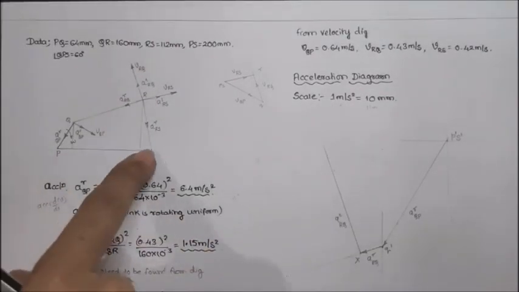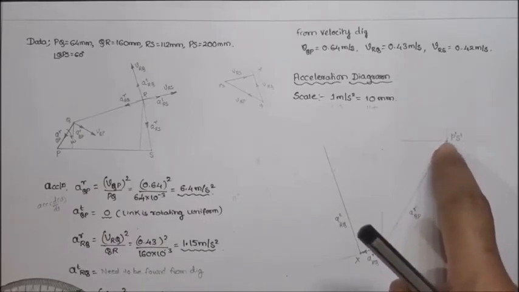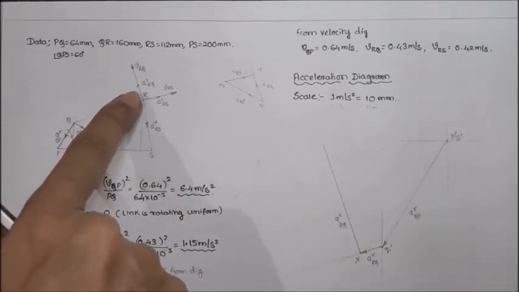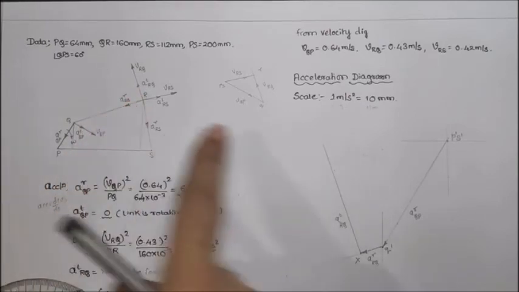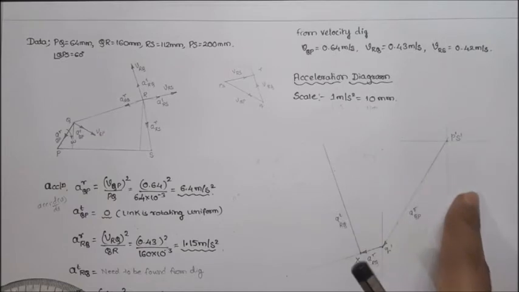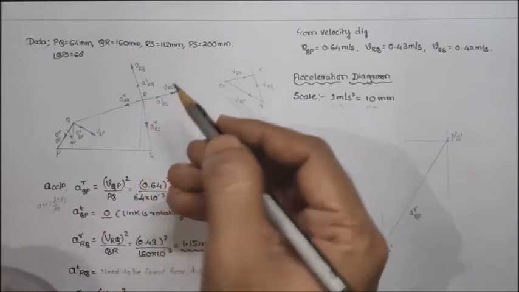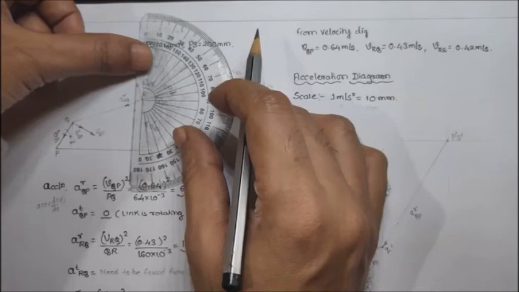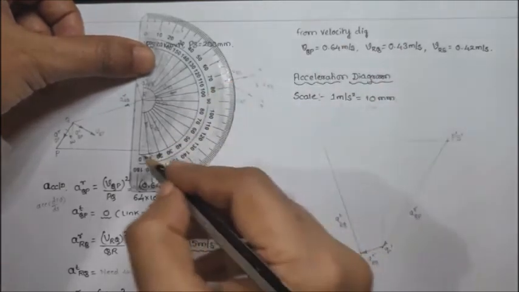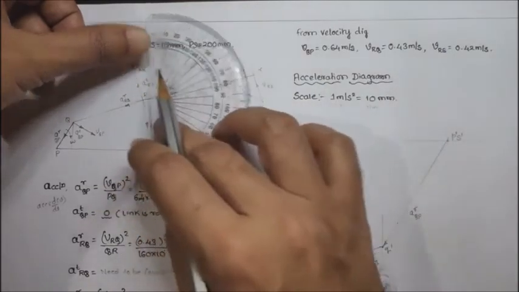So this is one part over, two parts over. Next we have the third part, but this S part starts from the beginning itself. We can use this particular point as the beginning point. Here the radial component is downward. So from S we have to bring the radial component here. For that we can use this angle. So let's measure the angle at R. When I see it, it is near to the 12 degree line. So it is 12 degrees.